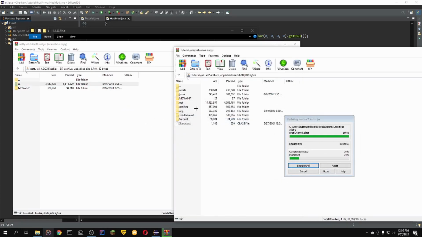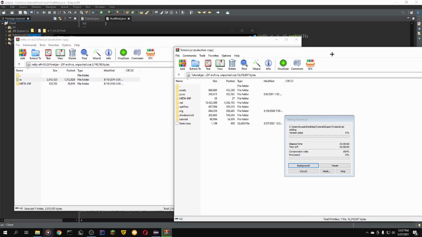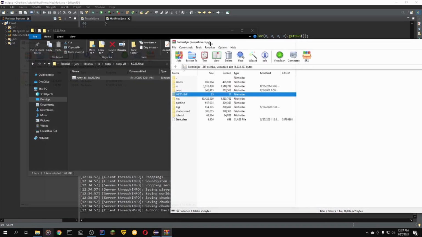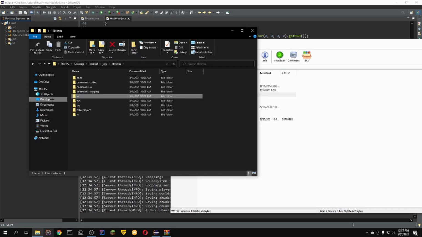This is because sometimes it just doesn't detect Netty from Maven, and I don't know why. Nobody that I've talked to knows why, but it's just how it is. But now, anyway,